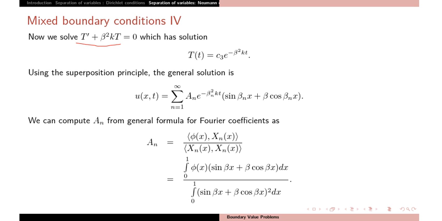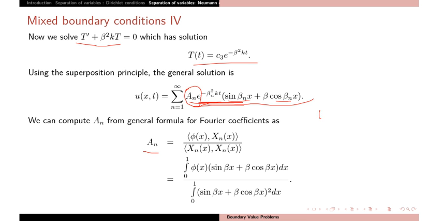So the solution is in exponential form, and multiply X and T and then sum up by using the superposition principle. Final solution is this. And here one thing is important, you are getting both sine and cos, okay, and multiplied by e. So this is not a usual Fourier sine or cosine series, but still you can find these coefficients a_n, as we studied in the Sturm-Liouville problem. If you remember, you can compute these coefficients by the Fourier formula.